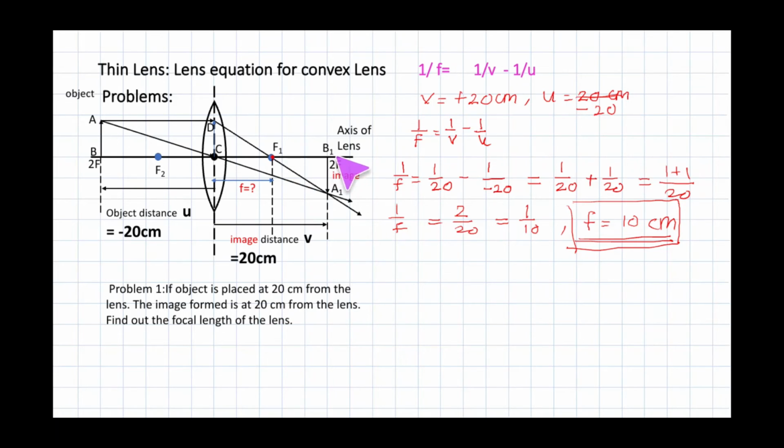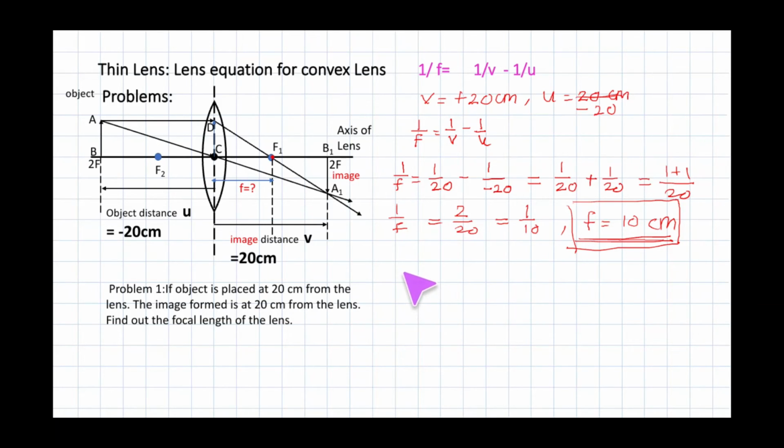So obviously to the right, the image is formed at 20 centimeter. From this one division, 2, 3, 4, 5, and 5 into 4 is equal to 20. And our answer is f is equal to 10 centimeter. You can understand here one division is 4, second division is 8, and at the center we get this, that means 8 plus 2, that is 10, is the focal length in this problem. So this way we can solve this problem.